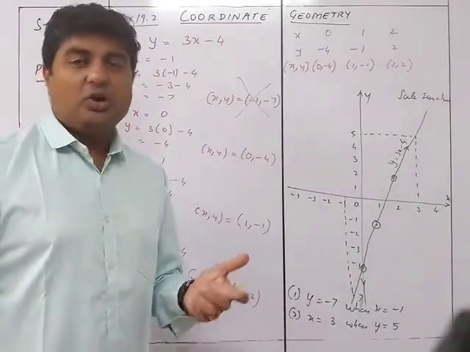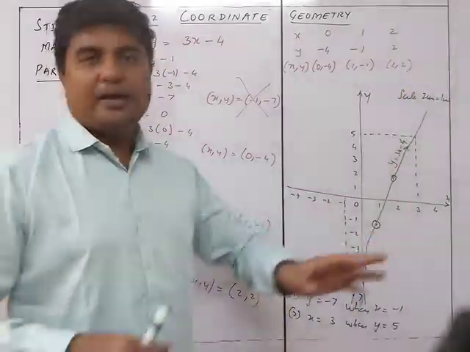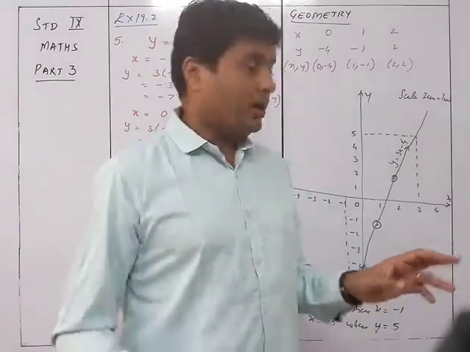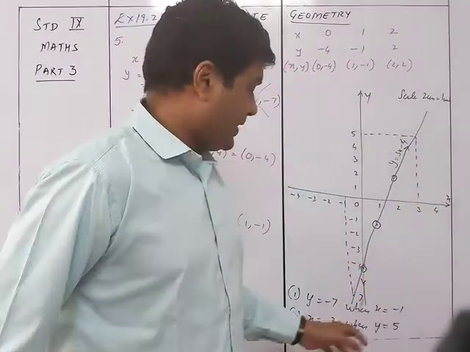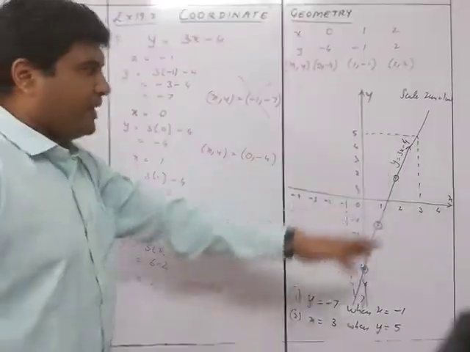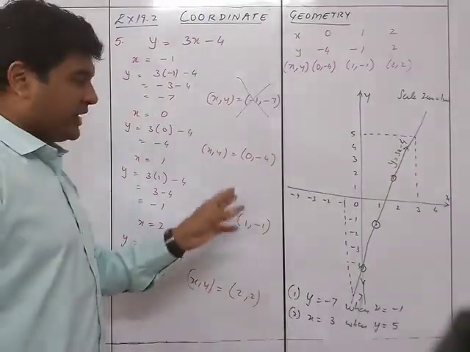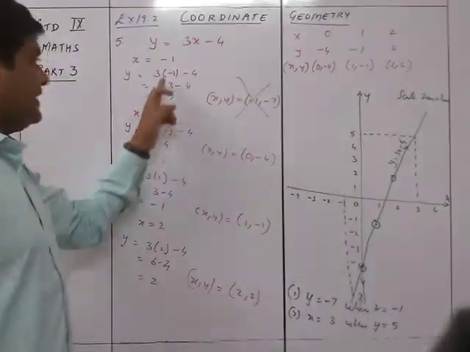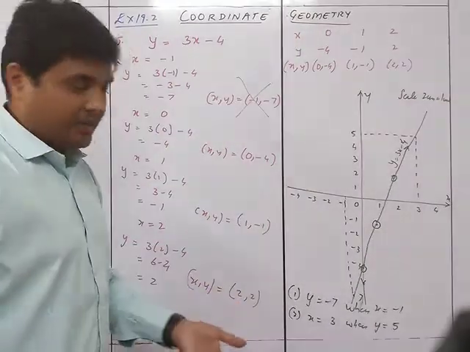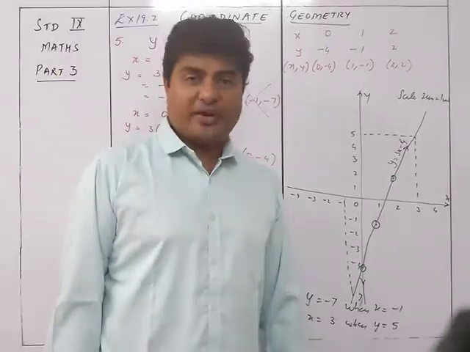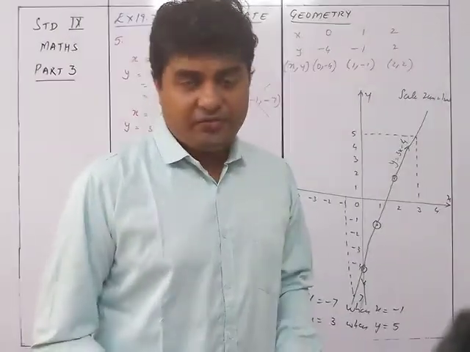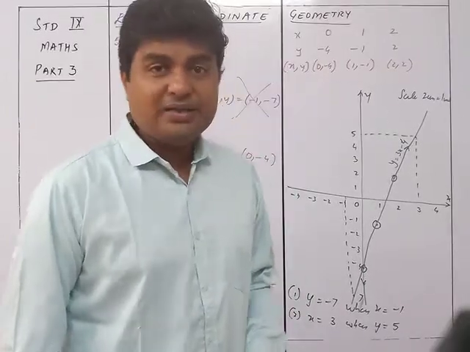So it's correct also. But anyways, when you are drawing this line, definitely you cannot go wrong in finding out the values when you are using the graph. But yeah, numerically also you can find it out: if I put the value of x as 3, do I get the value of y as 5 or not? Yeah, you are getting that 5. So we are absolutely correct for sum number 5. So this was sum number 5. Now we move on to sum number 7.